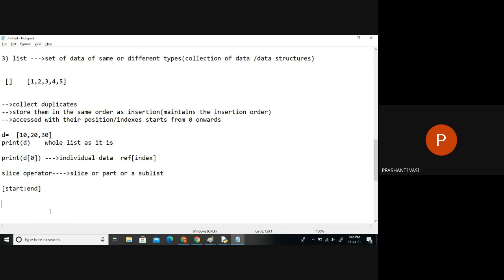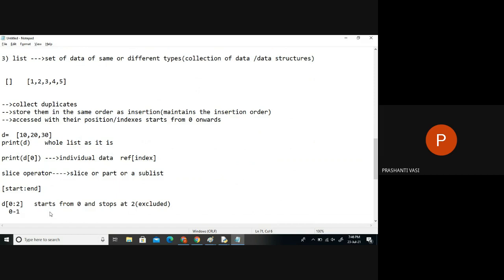So if I say the list name, and I want to bring the data from 0th position till position number 2, it starts from 0 and stops at 2. That means 2 is not included, it's excluded. So which indexes are included here? 0 and 1.